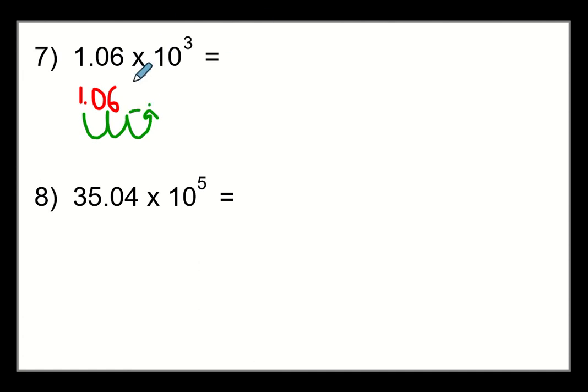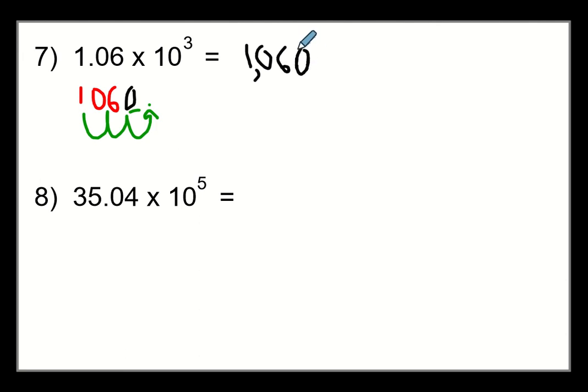So I must plug in a 0 to serve as a place value holder. And I also need not to forget that I need to erase that decimal. It is no longer there. I have moved it. And so 1 and 6 hundredths times 10 to the third power is the same. It equals